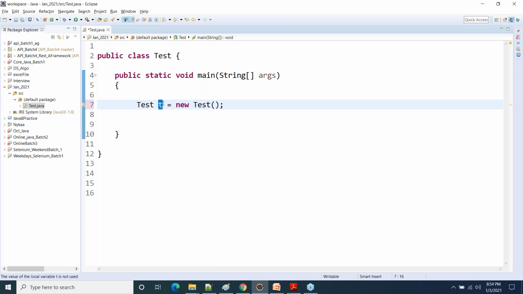Now understand what exactly you are doing here. Okay, don't worry about it. I will explain everything, but remember one thing, object does not have a name. Here this variable T is a variable. It is not an object. It is just storing the address of the object that is getting created. Now let me explain what we are doing here, in a simple manner. Understand it very carefully.